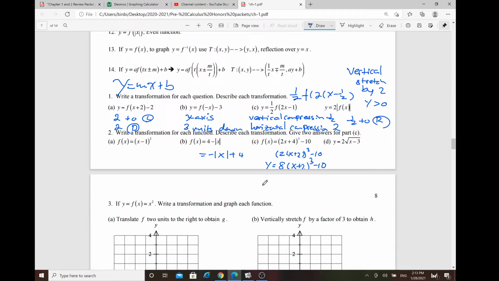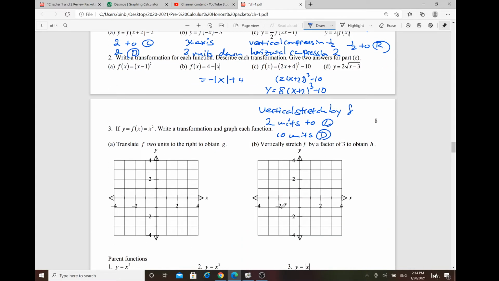So just consider a vertical stretch by the factor of 8. And then 2 units to the left, and then 10 units down. And then this part right here, by the vertical stretch factor of 2, so 3 units shifted to the right. So it's pretty obvious for some of the majority of this, and this one basically just follow through the translation,